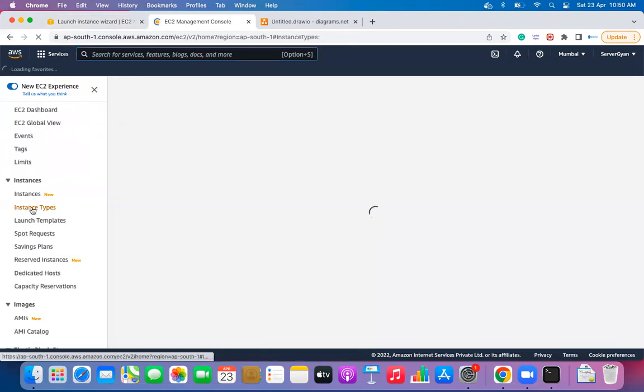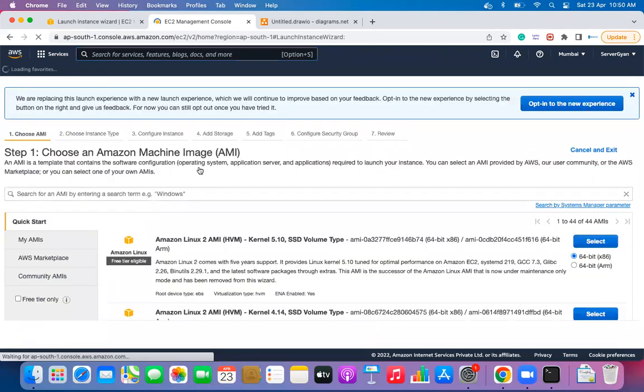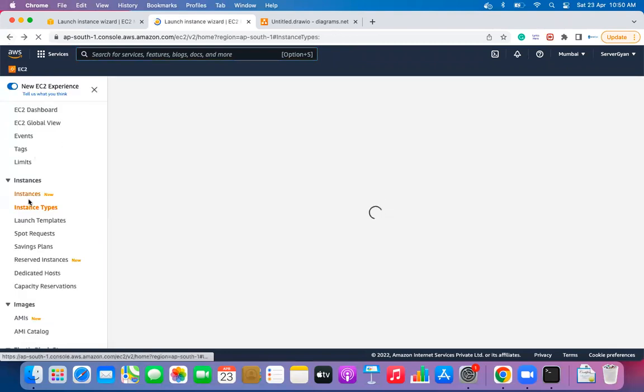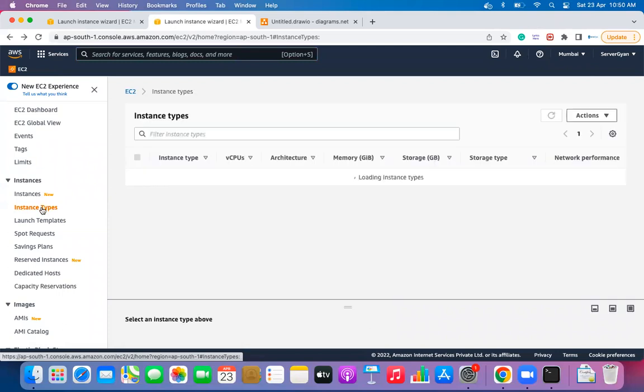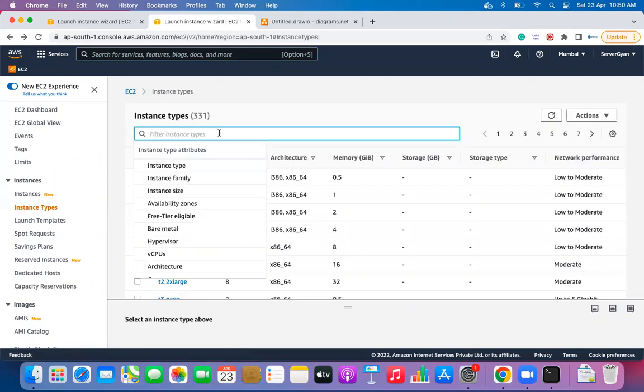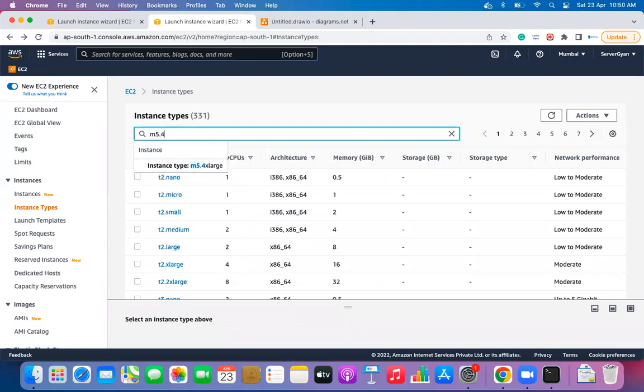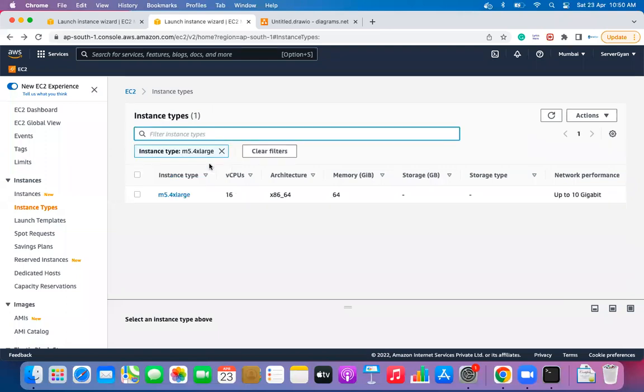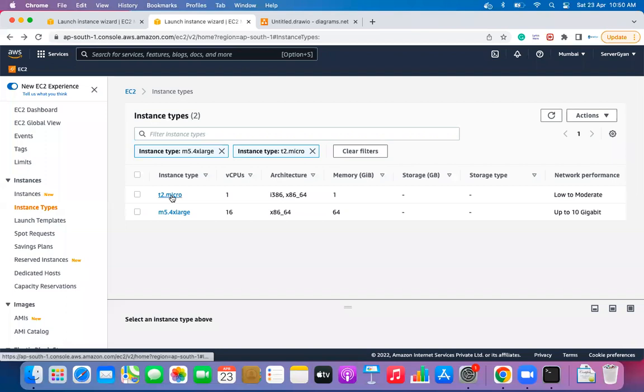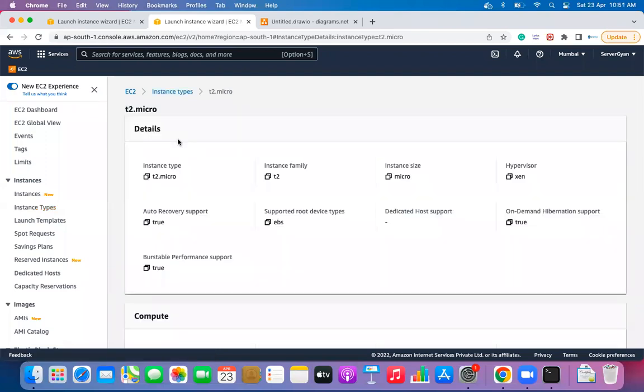Okay, yes. We will go to instance type. We will go to this instance type. And over here, we are going to look for, let us say, M5.4xlarge. And let us say we are going to go for T2.micro. If I select this instance type, you will get to know the instance of T2.micro,